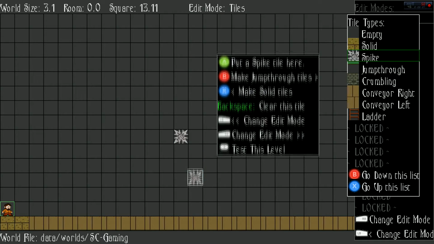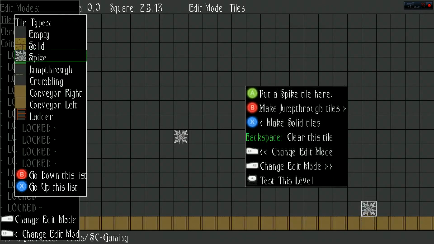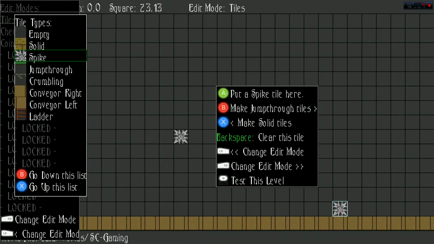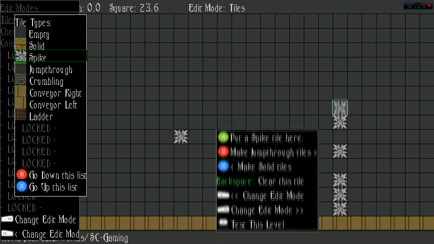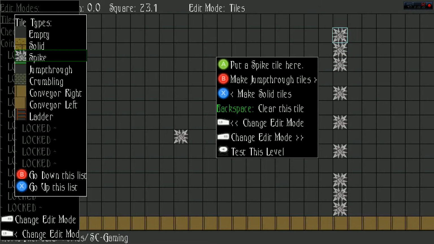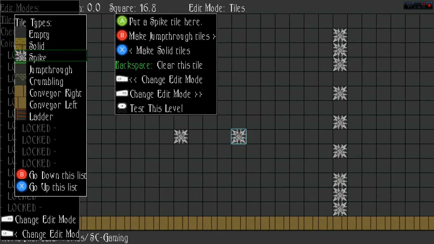So let's go up and make some spikies. Well, I didn't mean to put one there, but we'll leave it. I'm going to put a bunch up here. I just want to make it a little tricky for people to get in. And then